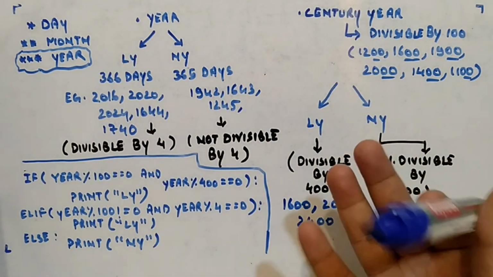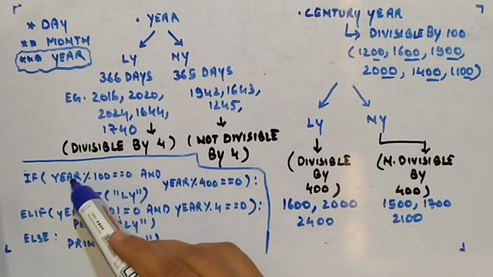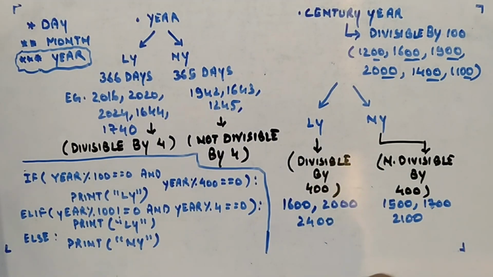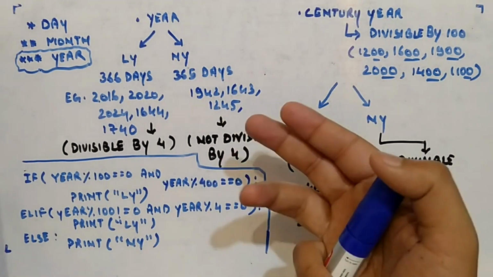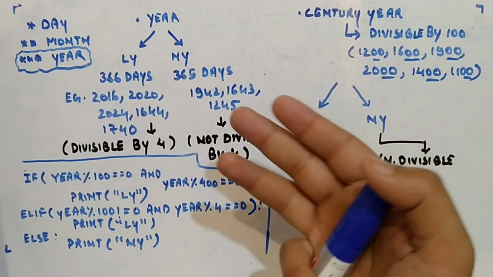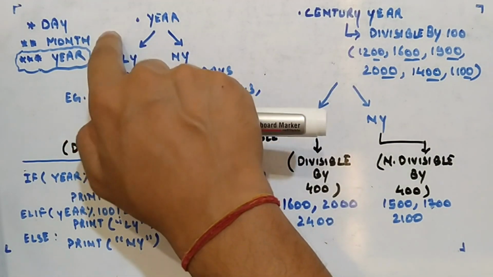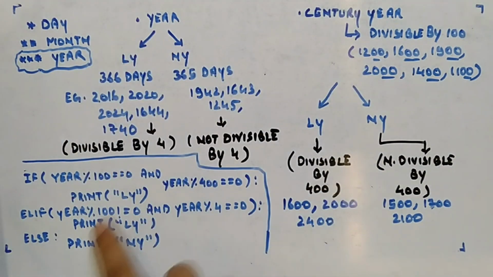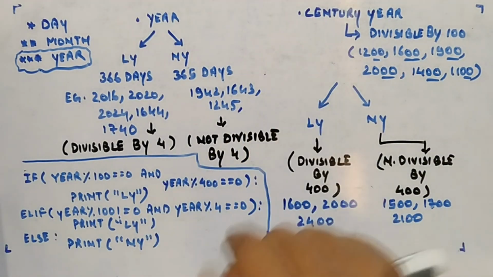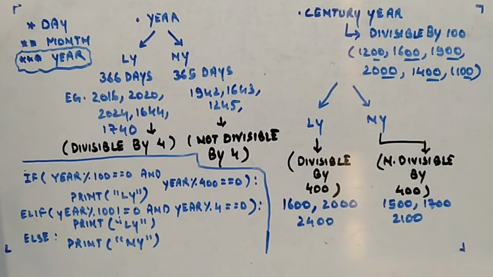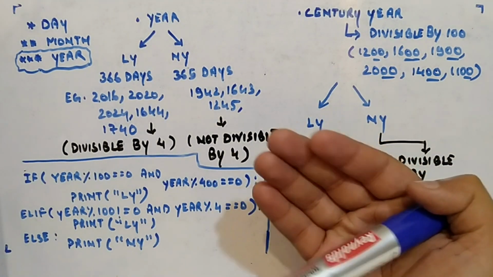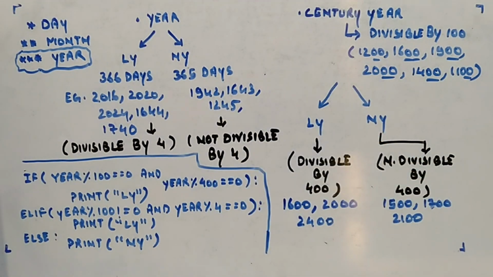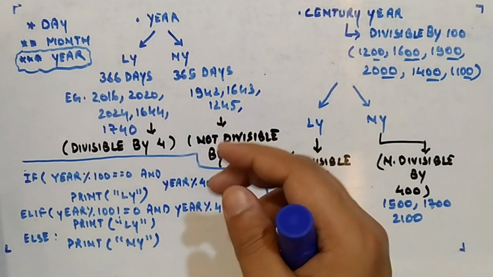This is just to check whether the given year is a leap year or not. If it is a leap year, it will print LY. If it is not a leap year, it will print NY. Simple. That's how you will check whether the year is a leap year or not, and I will be using this in the month case. When I am coding month, I will be using this. Just remember. That was it, and I'll now jump to the concept of odd days, how you find the odd days for a given year.